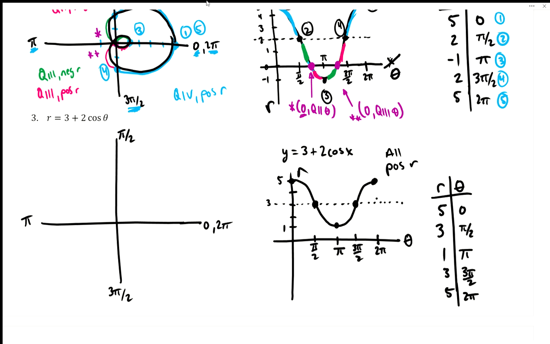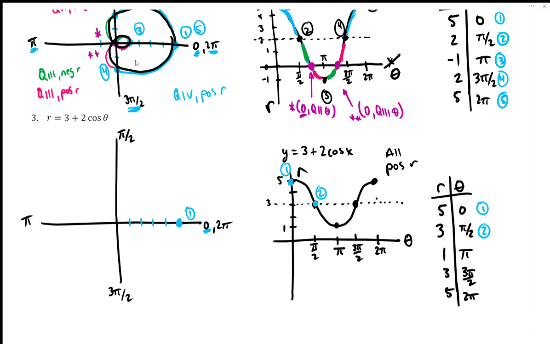All right, and then now we'll just plot our points the best we can and connect them. So plot point number 1, 5 and 0. Okay, so it's saying go to angle 0 and then count 5. 1, 2, 3, 4, 5. And that's where that point should be. Then our second point,